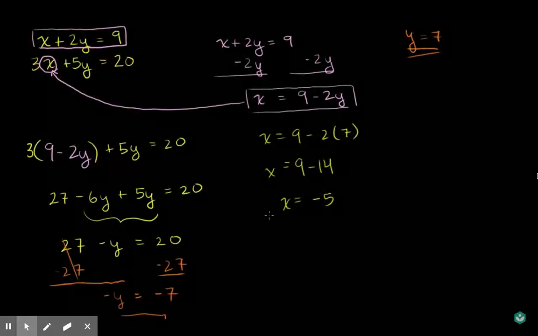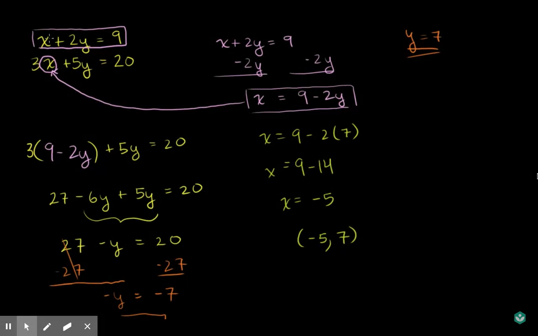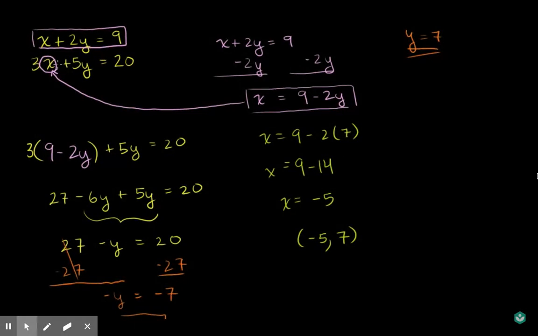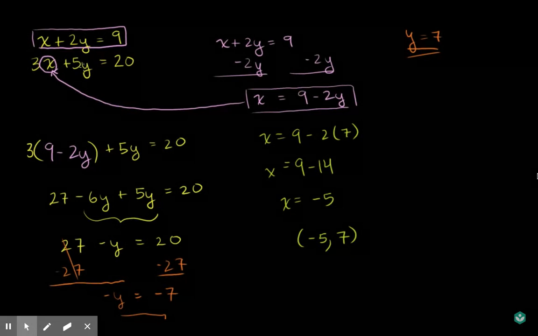So using substitution, we've been able to find a pair of x and y values that satisfy these equations. The point x is equal to negative 5, y is equal to 7, satisfies both of these. And you can try it out. Negative 5 plus 2 times 7, that's negative 5 plus 14, which is indeed 9. Now do this equation: 3 times negative 5 is negative 15, plus 5 times y, plus 5 times 7. So negative 15 plus 35 is indeed 20. So this satisfies both equations. If you were to graph both of these equations, they would intersect at the point negative 5, comma